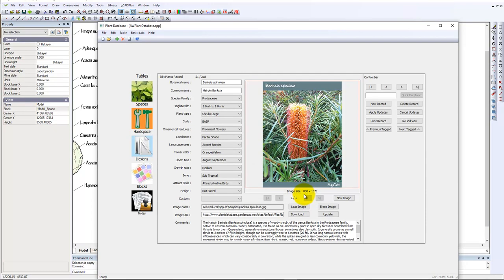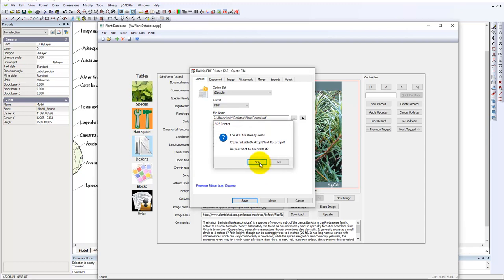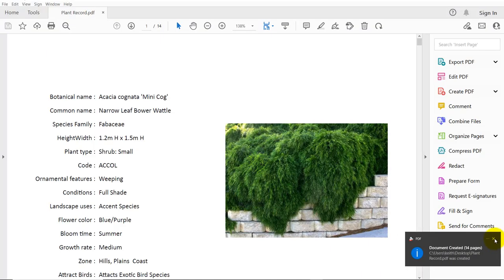So that's all happening behind the scenes. It's actually printing a PDF file called plant record, and we'll save it and overwrite the one that's there. And I'm hoping now this particular PDF writer will fire up its viewer, and we'll be able to look at the resultant PDF file. And this is what we want to give to the client. It'll be a complete list of